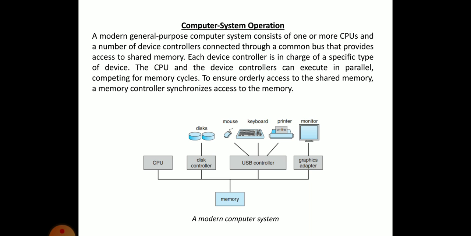Now, in this session, we learn about the computer system operation. Before learning about the computer system operation, we must have a basic idea about the components of a computer. The basic components of a system contain CPU, memory unit, as well as the input output devices, the usual devices as keyboard, mouse, printer, monitor, disk,